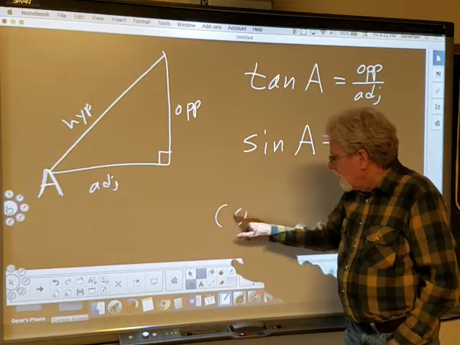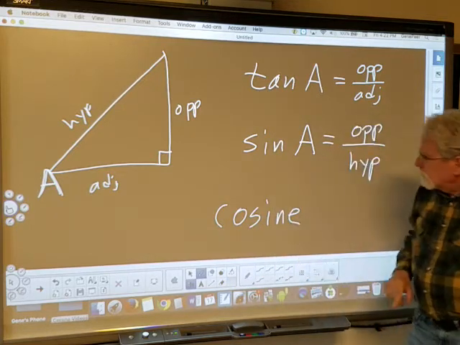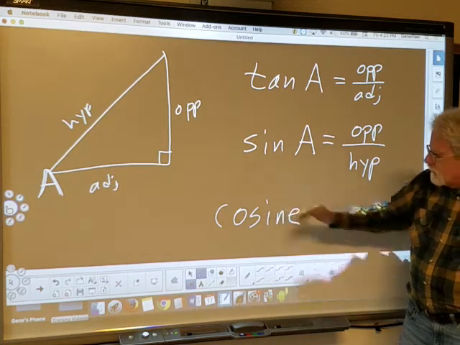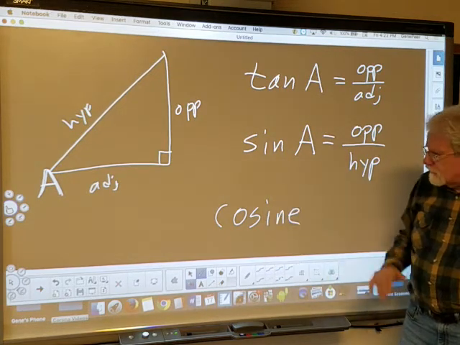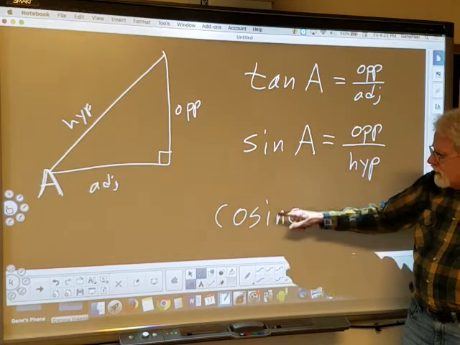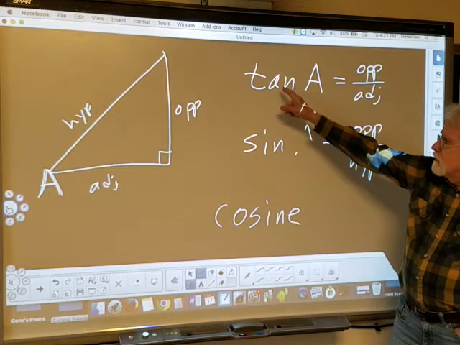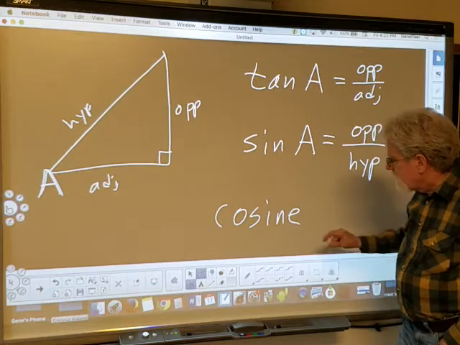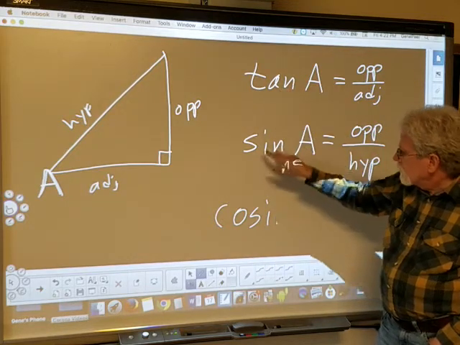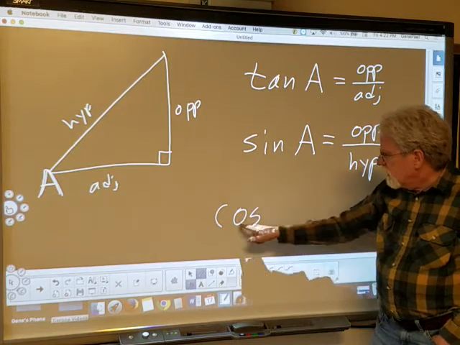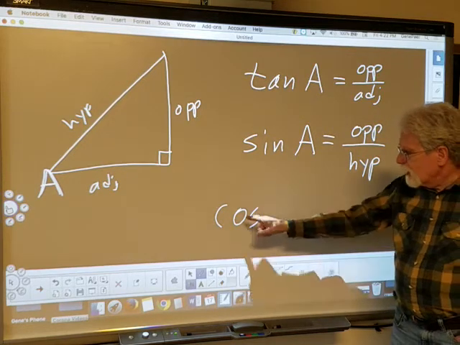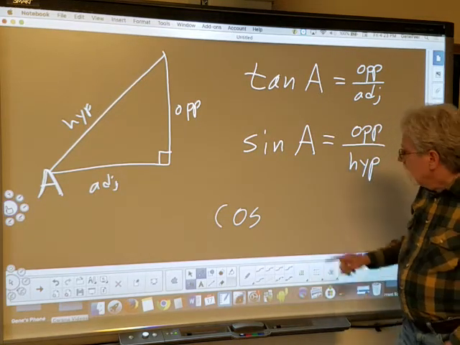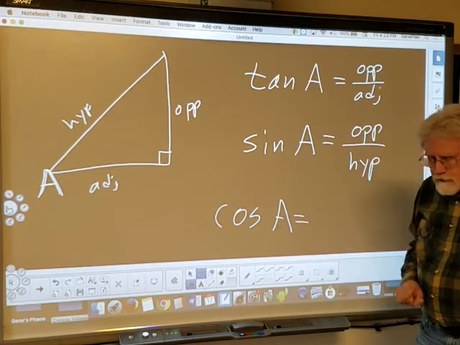Another one, cosine. There's a reason why these are called sine and cosine, but we will not be discussing that reason in this class. We'll wait until pre-calculus to discuss the relationship between sine and cosine. There also is something called cotangent, and there's some others as well that we're not going to be dealing with this year. But like all the others, three letters, we use COS as the abbreviation for cosine. Again, you do not pronounce that cos. No. We pronounce it cosine. So we have cosine of A equals, by definition,